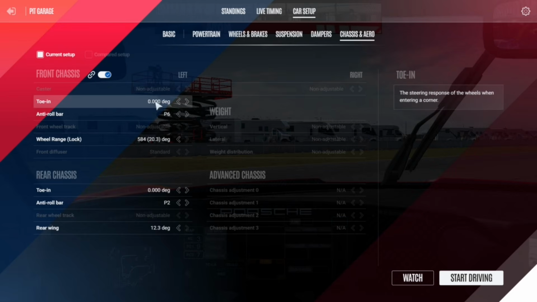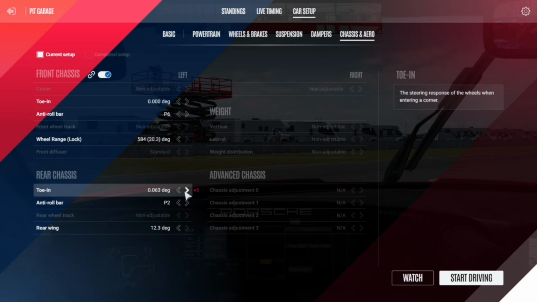Last page of our guide, we will speak about front toe and rear toe, front roll bar and rear roll bar, and finally the wings. Front toe main effect is to make your car more or less aggressive on initial turn-in. A negative value will decrease turn-in while a positive one will do the opposite. Generally most of the cars run 0 degrees or -1 or -2 clicks into the negative values to keep a stable front end. Rear toe is similar, except that if you use a positive value, it will bring stability and the negative will bring turn-in.